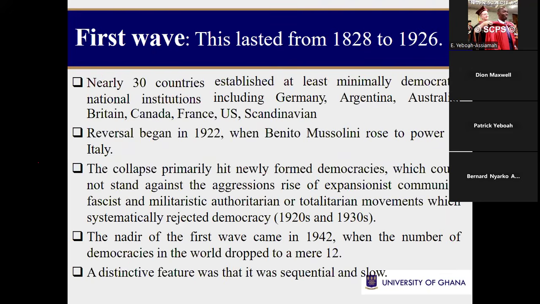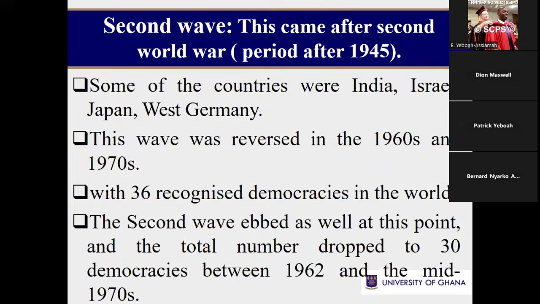All right, now we have the second wave. The second wave begins after 1945. This was after the Second World War. After the Second World War, the colonial powers that took part